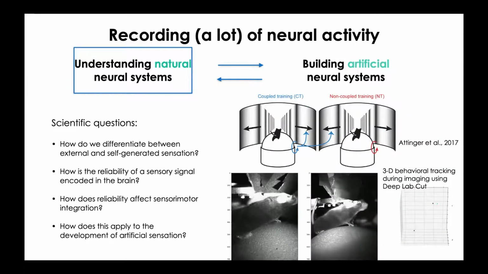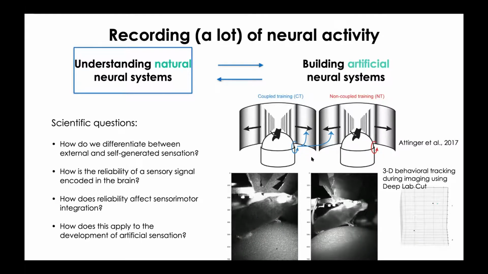And I'm running long, but this will let us do something, using this system and combining it with behavior. So for example, we can put mice in a virtual reality system and then track their movements. And then you can have a closed loop system where you can manipulate the visual input that they're actually seeing based on their movements and cause surprises, suddenly switch the visual scene, or even dissociate what they're seeing